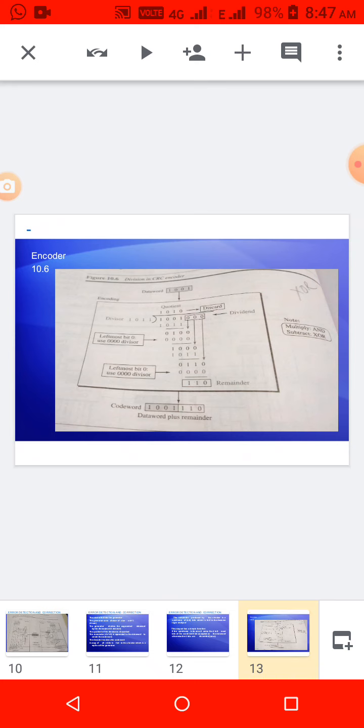See here, this is a predefined one. The code word length must be 7 bits. So 7 minus the divisor bits, which is 4, so 7 minus 4 equals 3. So that number of zeros we have to add at the end of the data word, so 0 0 0.